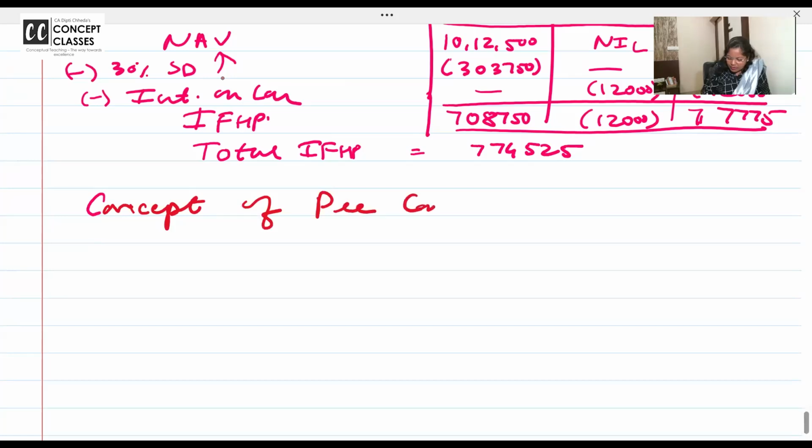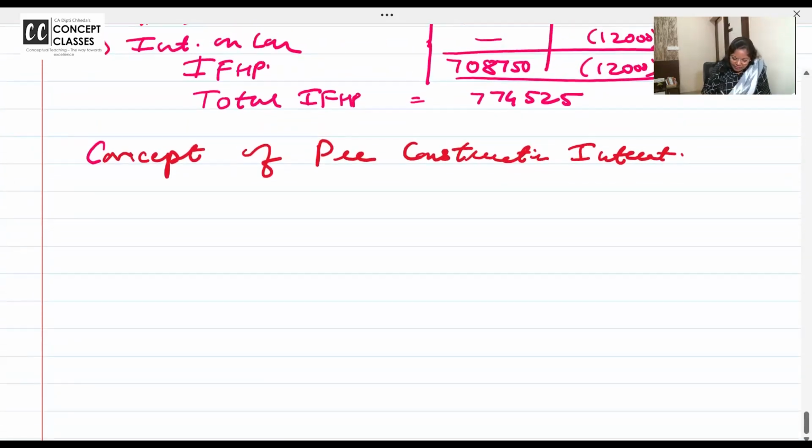Concept of pre-construction interest. It's so beautiful, so logical. Suppose I have taken a housing loan. I'm just taking simple figures to make you understand the concept. Housing loan I have taken on